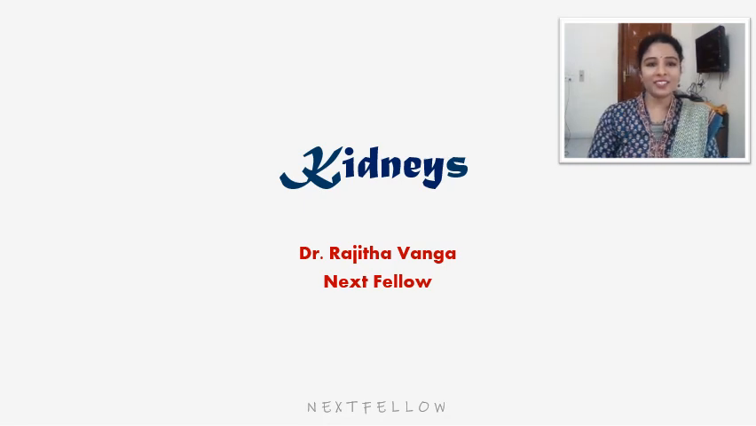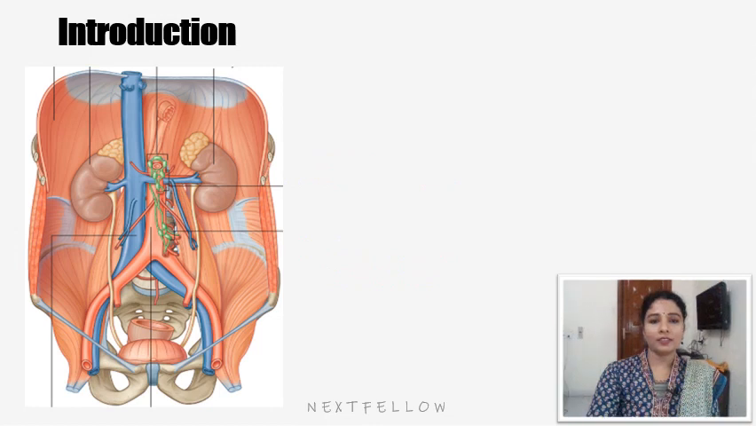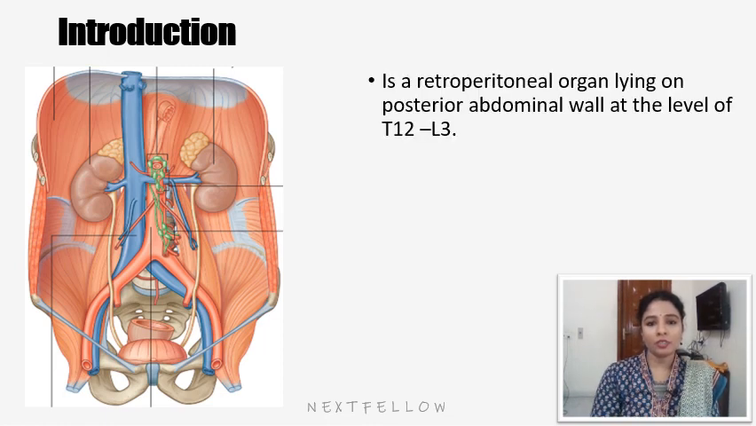Hello everyone, today's topic is about kidneys. So if we see the kidneys, they are retroperitoneal organs present over the posterior abdominal wall. There are a pair of kidneys, we know it, and they are retroperitoneal, meaning present behind the peritoneum